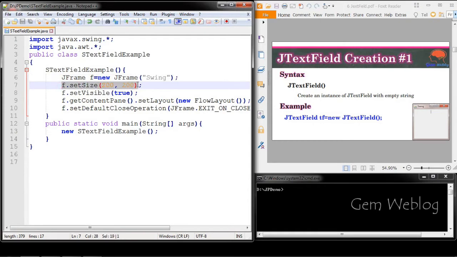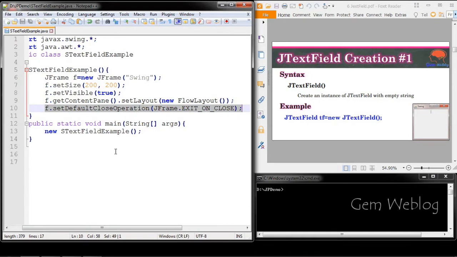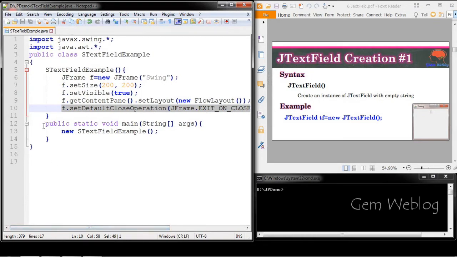Next we have set the size of the frame. Next we have made it visible. Next we have set the layout for the frame, and then we have set the default close operation to exit on close. Inside the main we have called the constructor.